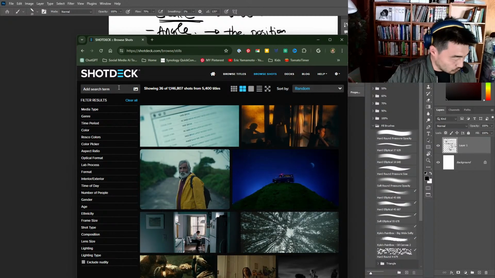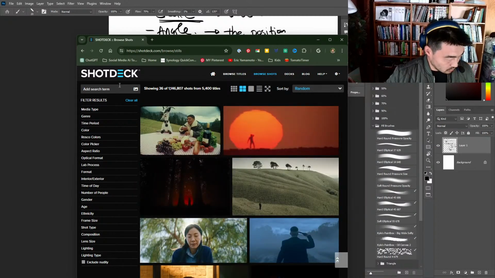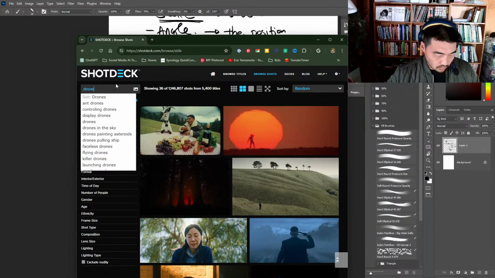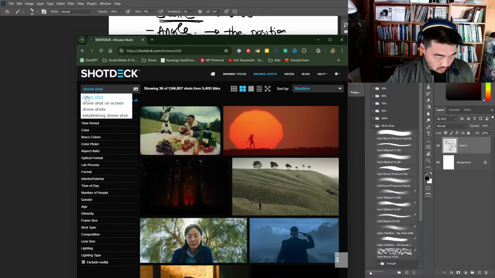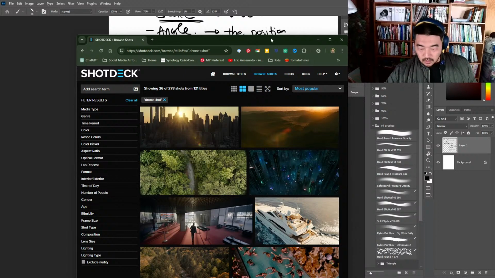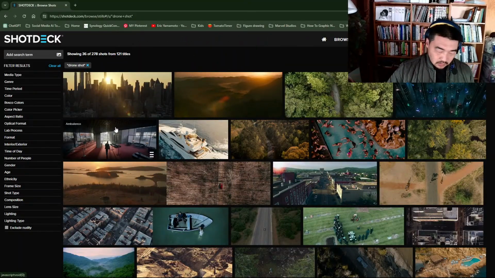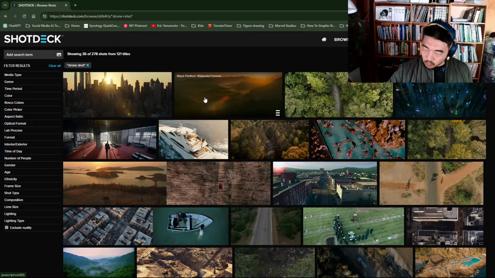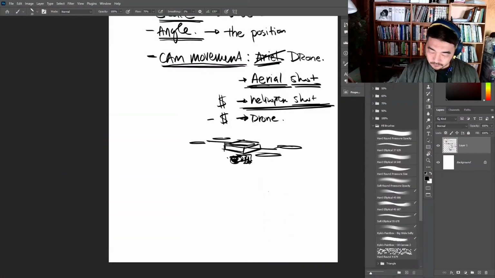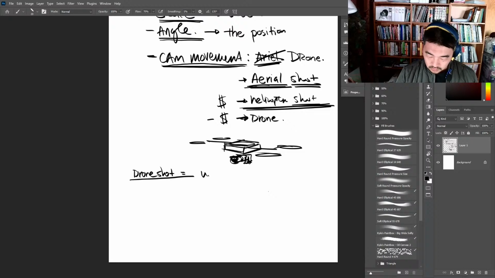Let's look up drone shot. All right, so here are our drone shots. There's quite a lot of different types, but it looks like they're all wide. So let's write that. Drone shot equals wide, and it's definitely moving.